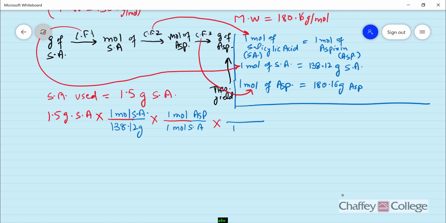Down here will be 1 mole aspirin, up here will be 180.16 grams of aspirin. So grams of salicylic acid cancel, moles of salicylic acid cancel with moles of salicylic acid, moles of aspirin cancel with moles of aspirin, and we have at the end